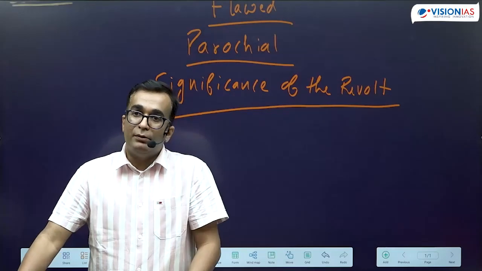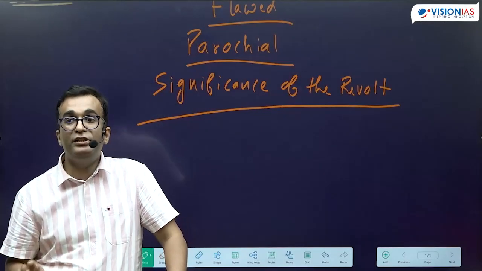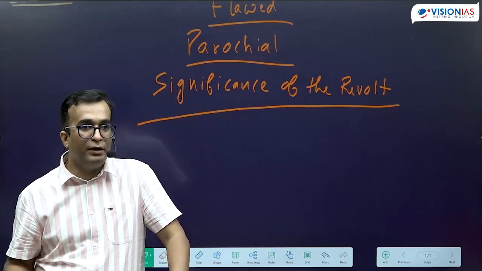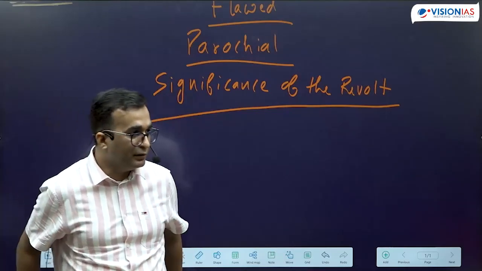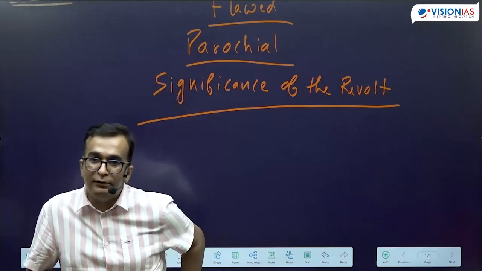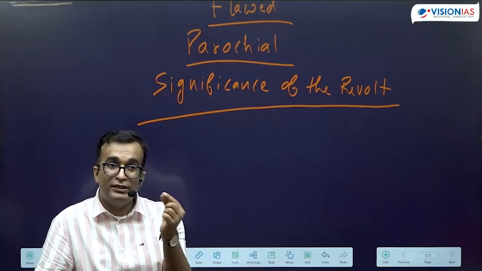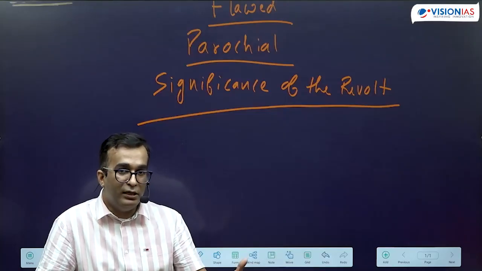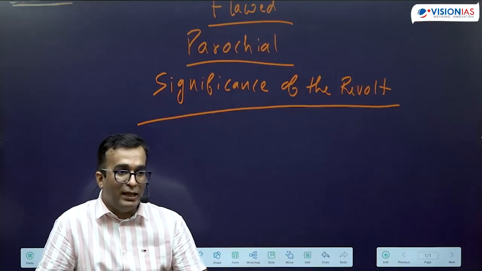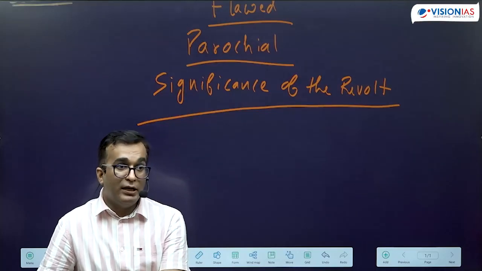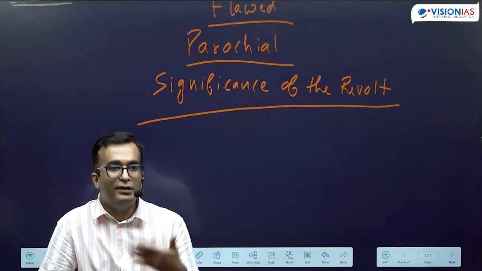Then, the most important contribution of this revolt is that it implanted the seed of nationalism. Before the revolt, there was no such spirit of nationalism, but now they felt that this common enemy, okay? So this common enemy united the people of India, and it planted a seed of nationalism. And we are saying seed, we are not saying the tree, okay? This seed is further going to grow in the upcoming 20-30 years, and that will lead to the organized freedom struggle under the guidance of the Indian National Congress.